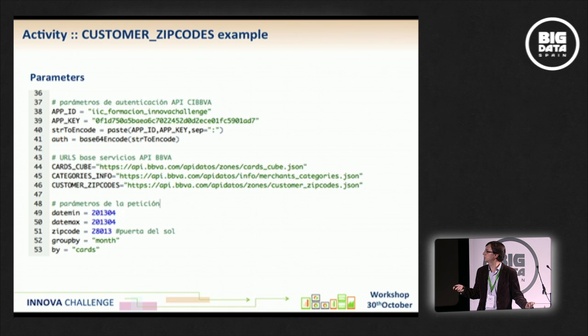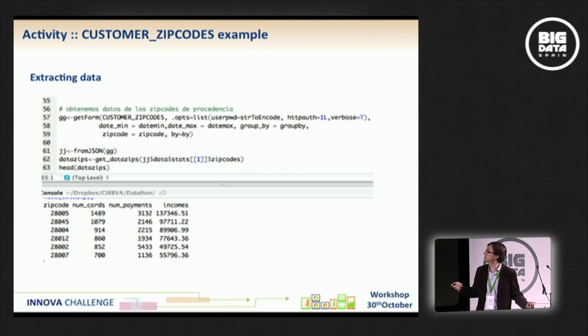And also you show results by cards. For example, the number of cards, not the amount of money, but the number of cards that were actually buying in this zip code during these dates and by postal codes. Okay, so at the end of the day, you have a table where you have to perform the request, which